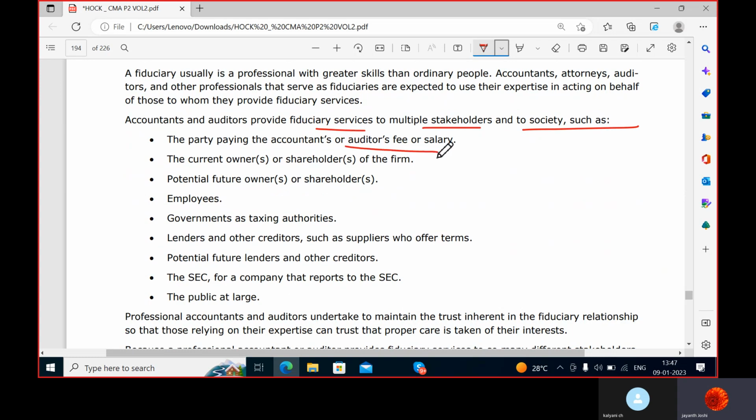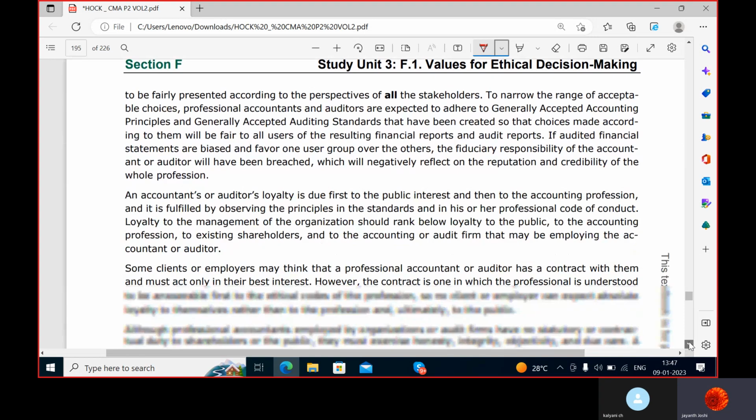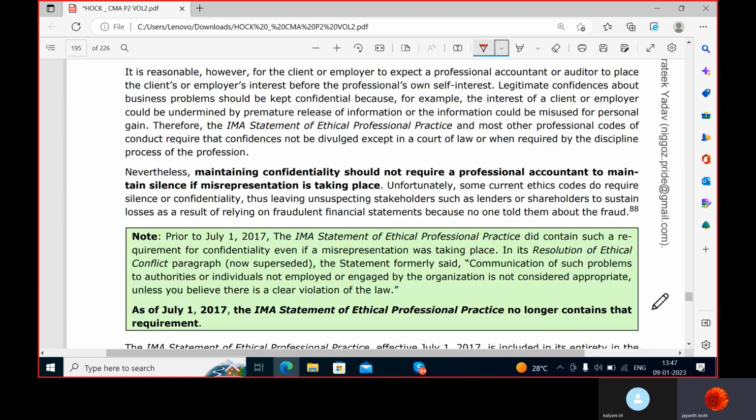Okay, so accountants and auditors provide fiduciary services to multiple stakeholders and society, such as the party paying them, current owners and shareholders of the firm, potential future owners and shareholders, employees, government or taxing authorities. So these guys are appointed to work for all these people, lenders and creditors, because somewhere or the other, we have many of these, as we are seeing in the bullet points here, involved in transactions with the company. So accountants come into the picture there. Potential future lenders and creditors, Securities Exchange Commission, public at large. So almost all we have covered everything, and one more thing is